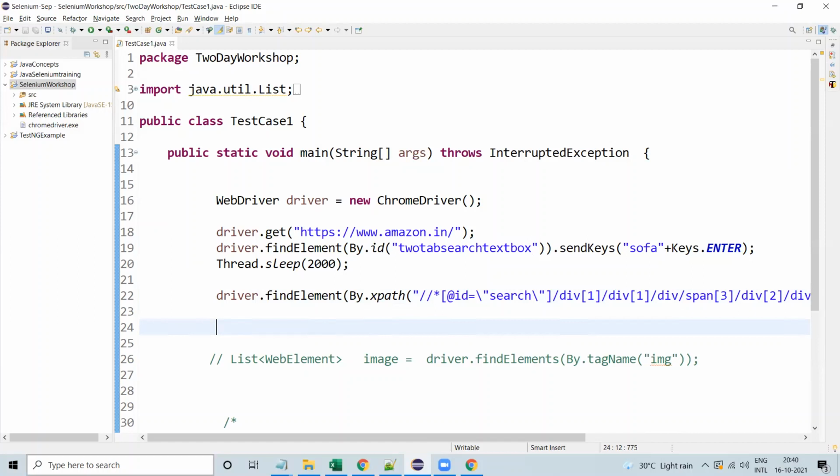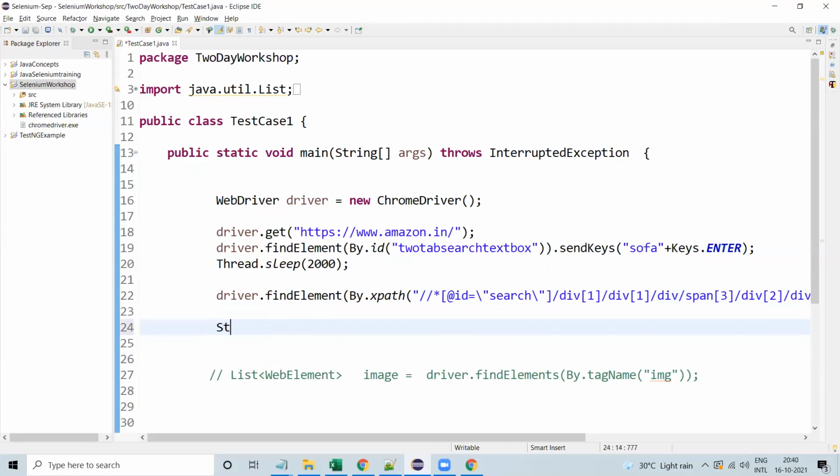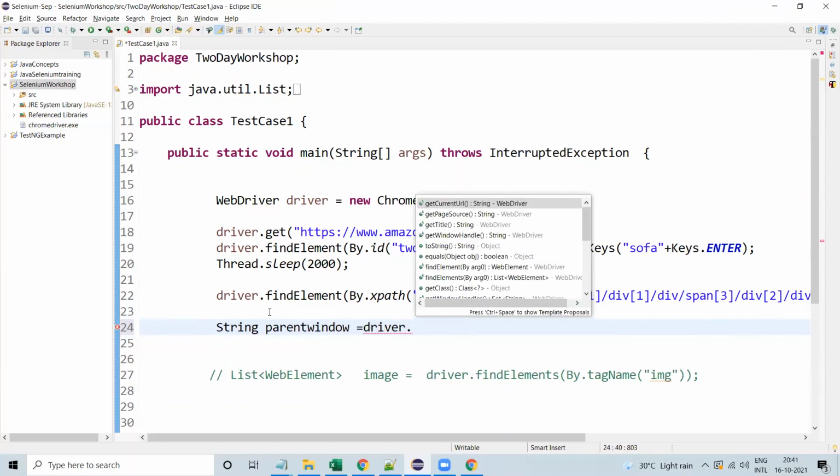We need to identify the unique handle, then switch to the particular window. Okay, so how to do that? We can use String over here. We are going to use a String parentWindow equal to driver dot getWindowHandle.